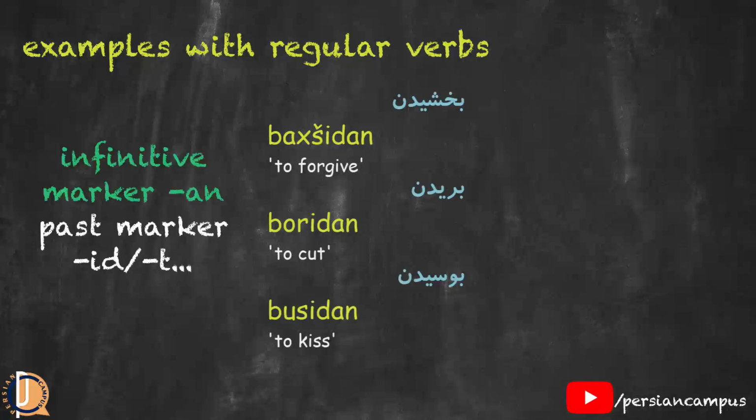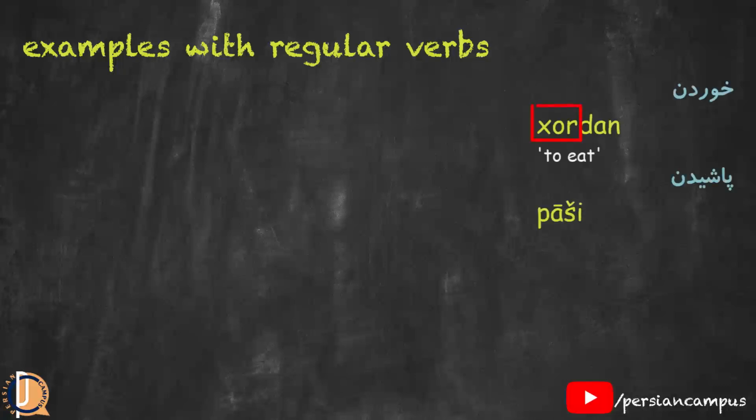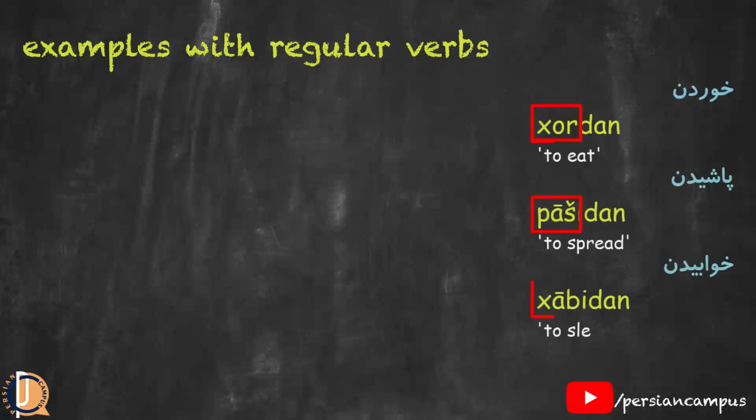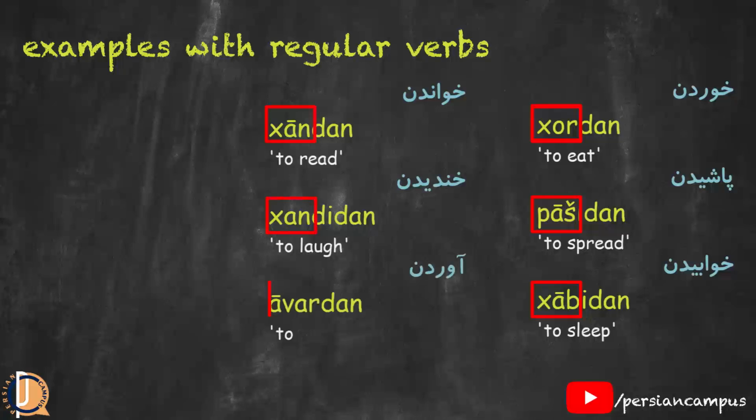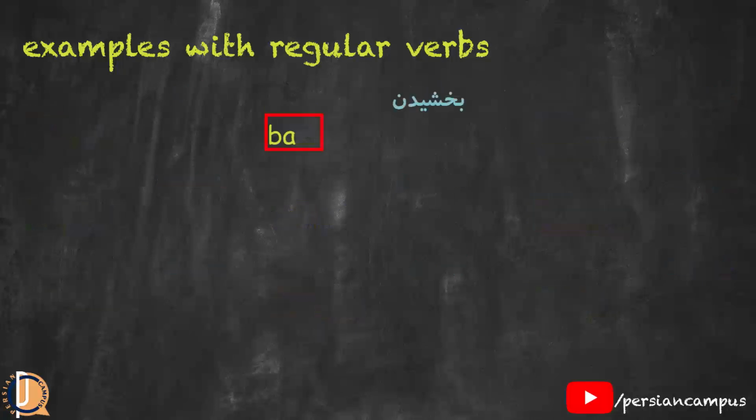With these verbs, when you remove the infinitive marker and the past affix, you will have the present stem. And then you can simply add the subject endings and conjugate them. So, the stem of these verbs would be خور، پاش، خواب، خوان، خند، آور، افت، ایست، بار، بخش، بر، بر،